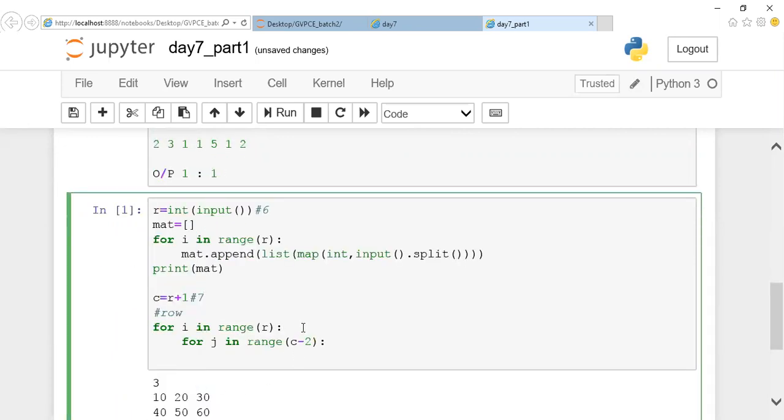Look here. Row is going to execute from 0 to 5, since your row value is 6. And your column value is 7, so it would be executing from 0 to 6 by default. But what I did is I customized it so that the column is going to execute only column minus 2 times. Column minus 2 times in the sense, your column value is actually 6, but it's going to execute only 4. The reason why I let you know, guys.